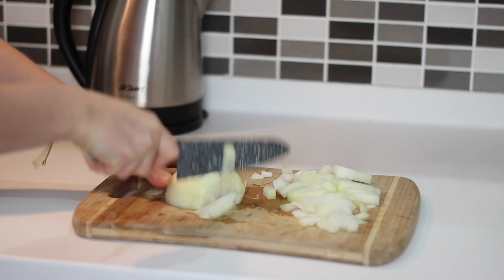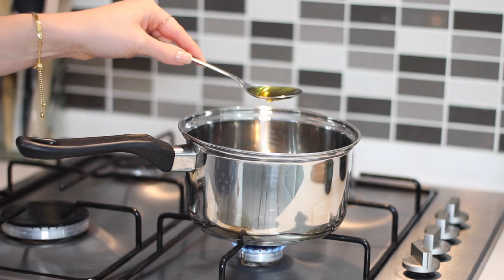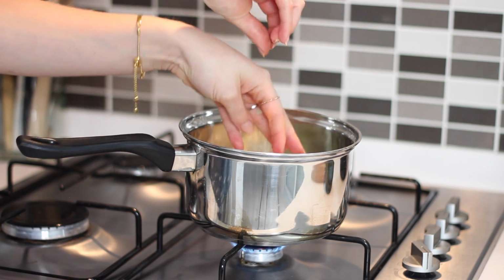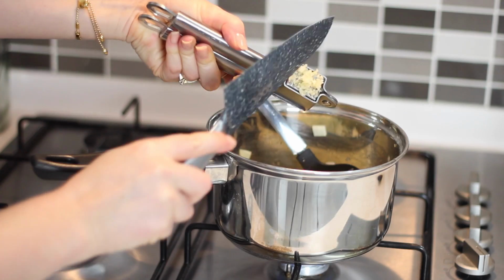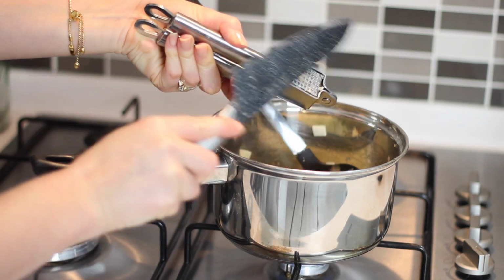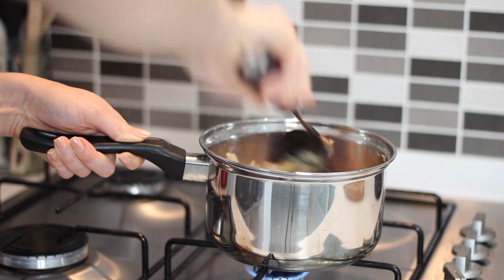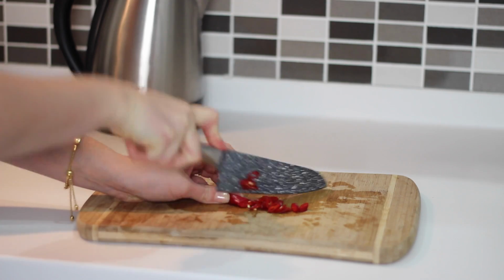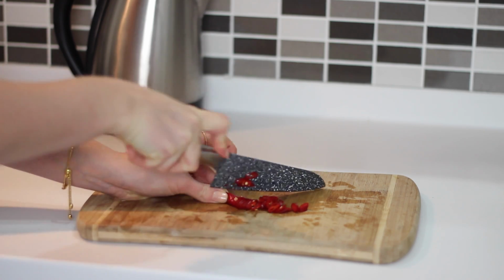I first made my spicy tomato sauce by chopping up 1 white onion, and I added that to a pan on a medium heat with 1 tablespoon of olive oil, and I cooked those off until soft. I then minced in 3 cloves of garlic and fried that off too. I next added in 2 tablespoons of tomato paste, fried that off as well, and then I added in 1 tablespoon of dried basil. I then finally chopped up 1 small red chilli and added that to the pan,